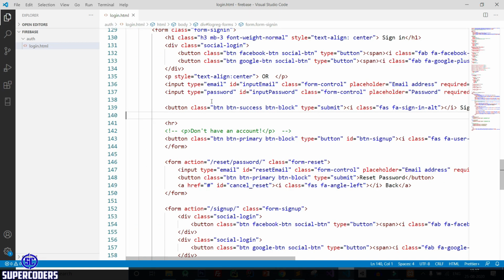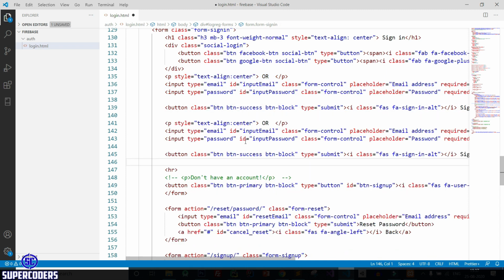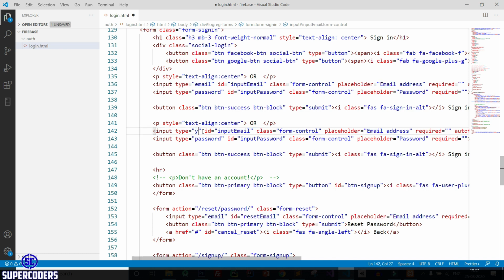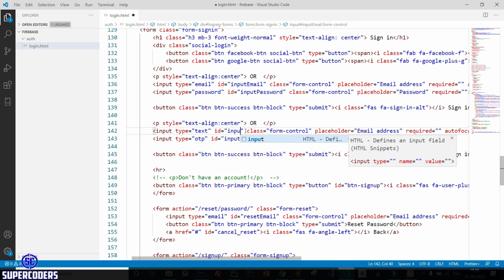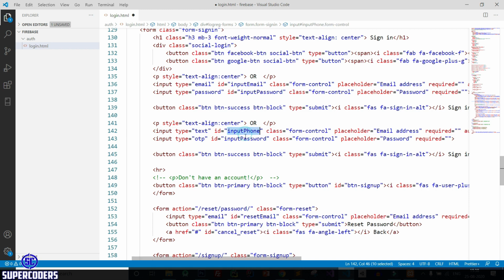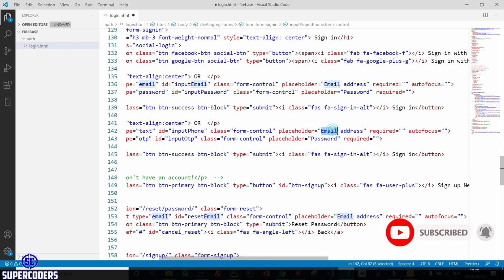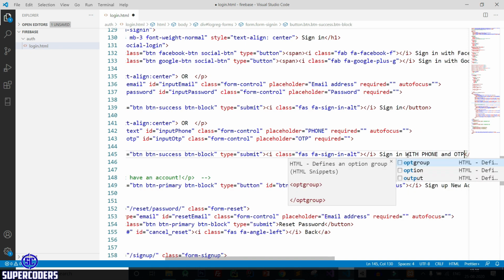Now here copy this and change this to text and change this to OTP, input phone, input OTP, phone, OTP, sign in with phone and OTP.